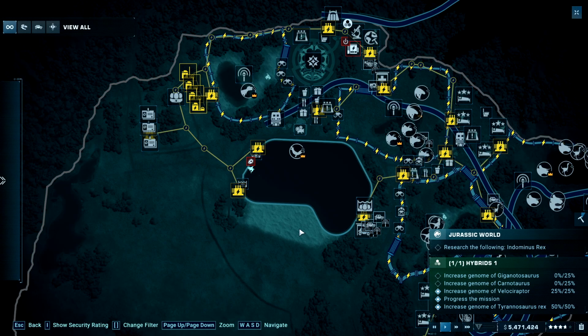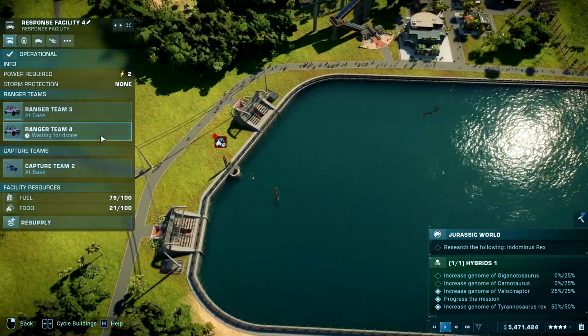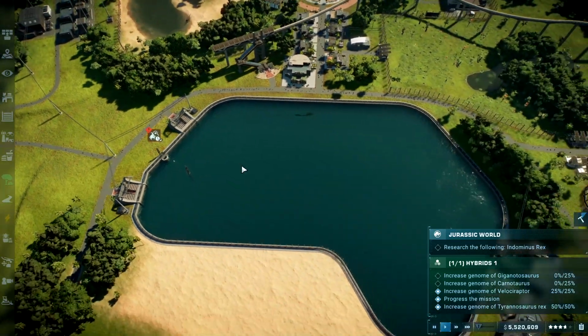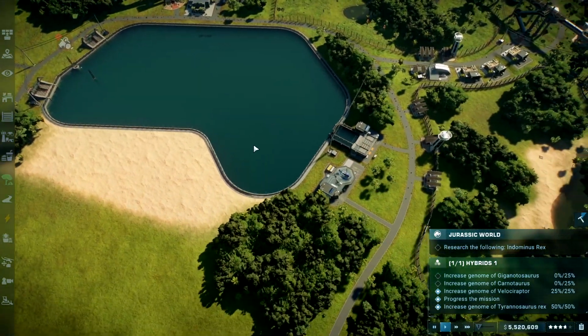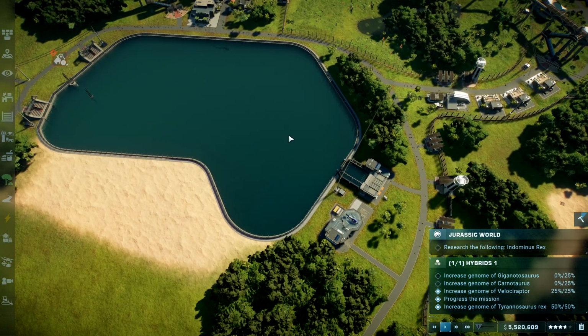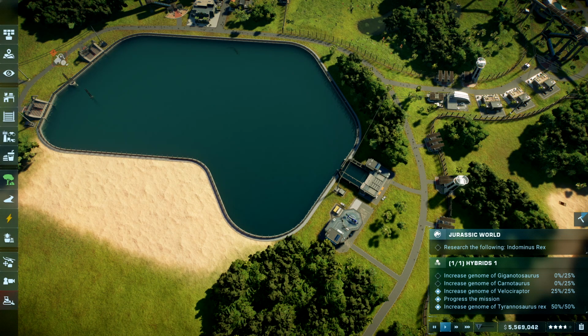Okay, another thing we should do is go and disinfect the feeder. So let's do that. The Mosasaur really shouldn't be affected by the feeder because he's kind of far, and I think our vehicle might be able to get there before it feeds. So we should be good on that end. Yeah, we just have to get our...